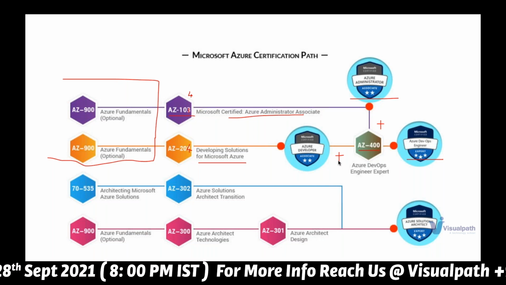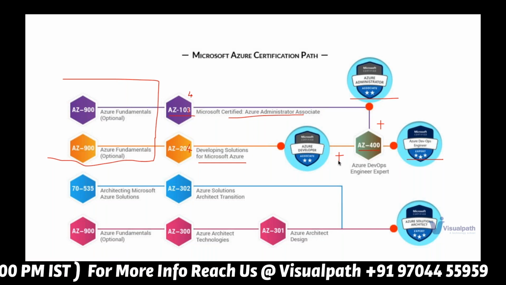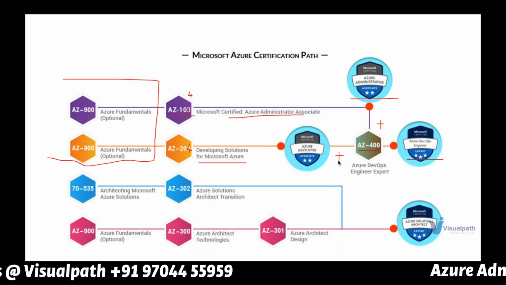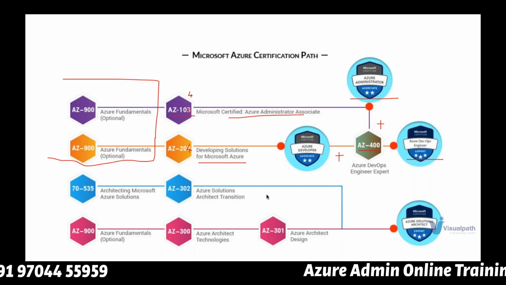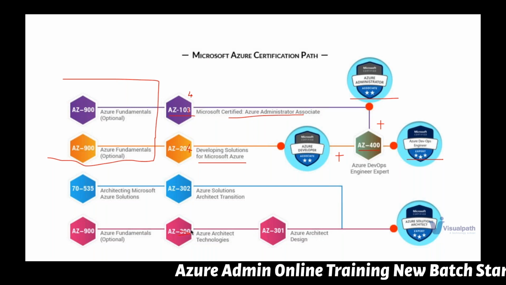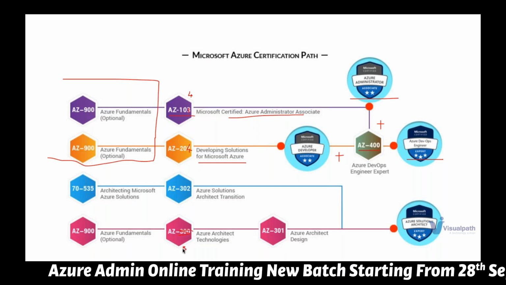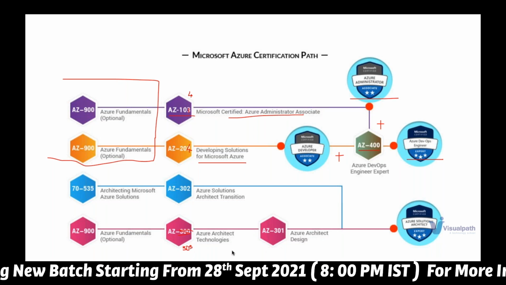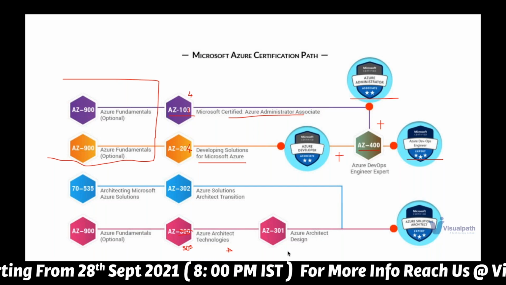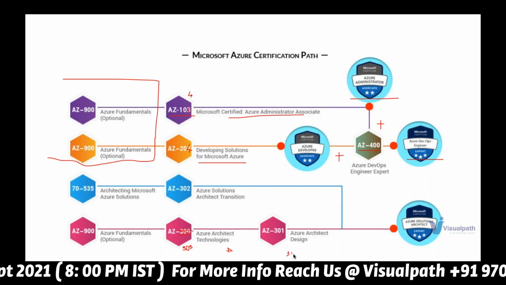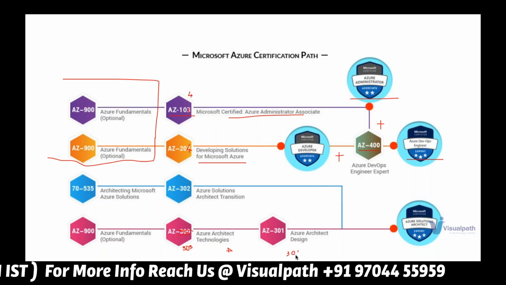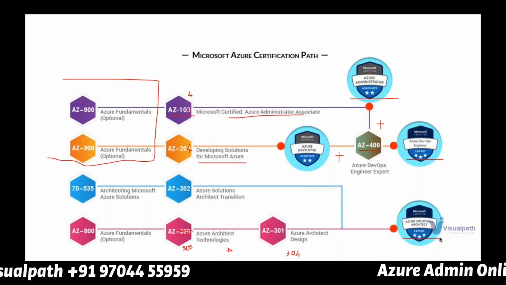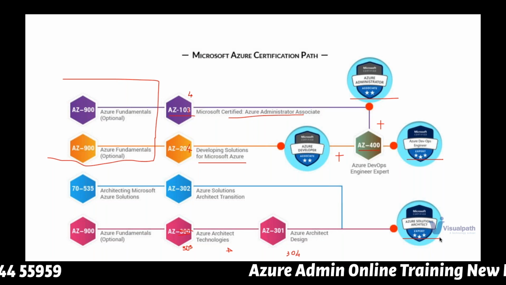Or if you're not interested in the DevOps part, and you want to go to the next step in Azure administration or the Azure infrastructure part, then you can look for an architect one. Right? So AZ-303 is the current paper code for Azure Architect Solution, plus AZ-304. So these are the two papers you want to cover. With this, you'll be certified as an Azure Solution Architect Expert, right?